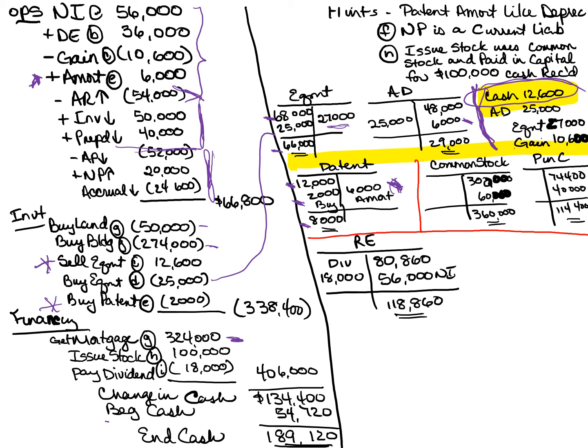All right, so that gives us operating, it gives us investing changes. Financing, well, it told me in Part G the mortgage was $324,000, so that's a source of cash. We analyze our common stock account, and we can see that the change in that common stock account was when we issued the stock for $100,000,